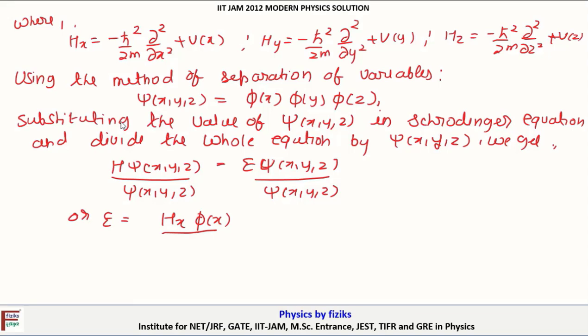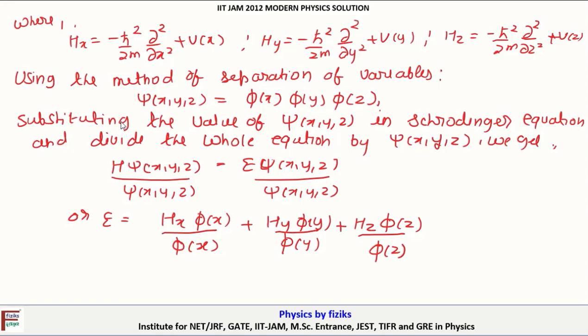Hx phi of x by phi of x plus Hy phi of y by phi of y plus Hz phi of z by phi of z. Further, this is equal to E nx plus E ny plus E nz,